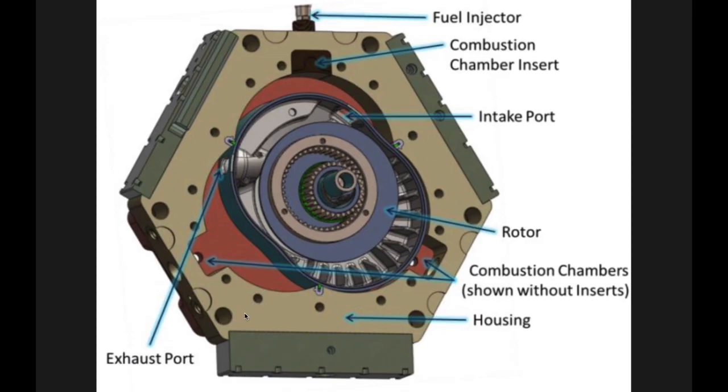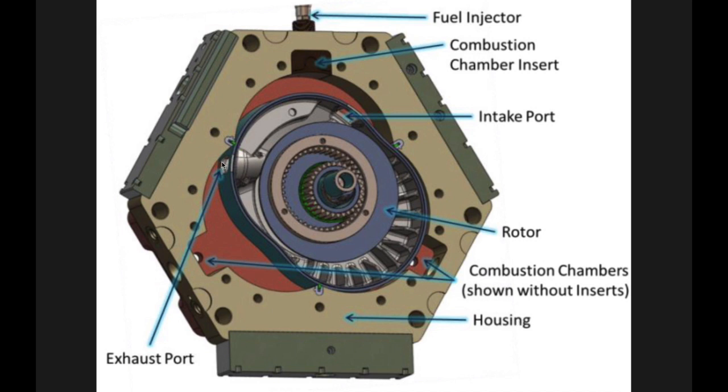The parts of the liquid piston engine are very similar to the ones of the Wankel rotary engine, except there are some differences. So let's start with the parts. You've got your fuel injector, and this is where the fuel would be injected in order for the combustion process to occur. Here are your combustion chambers, and there are 3 of them. You have your rotor that would act like your piston, and then this entire bit is the housing.